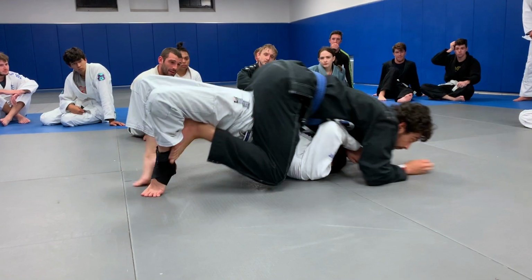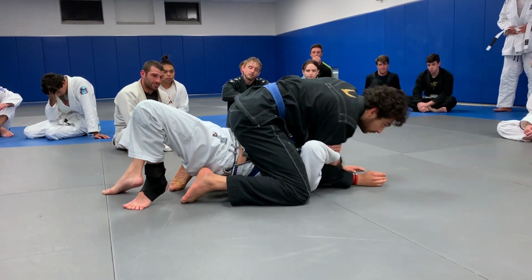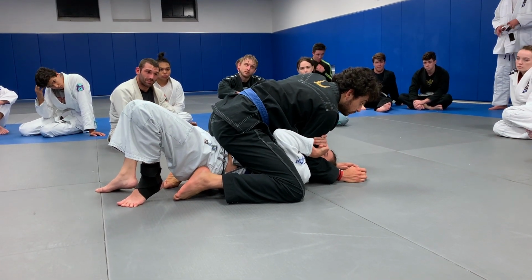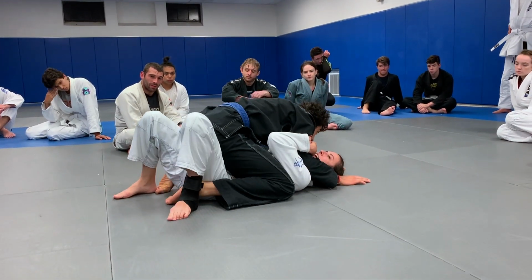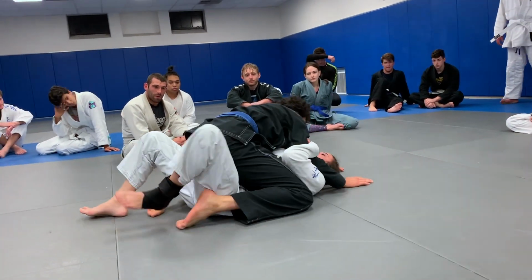I'm gonna bridge like I want to make him do a face plant. Grab an arm. Once I have control of an arm, I'm gonna control the leg on the same side. Again, during this, my hips don't come back to the mat. If they come back down, and then I grab his leg, this is a lot harder to do because he's